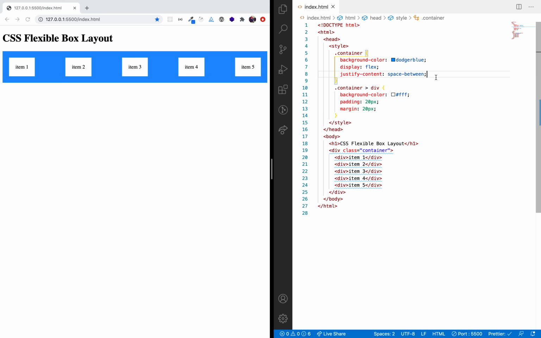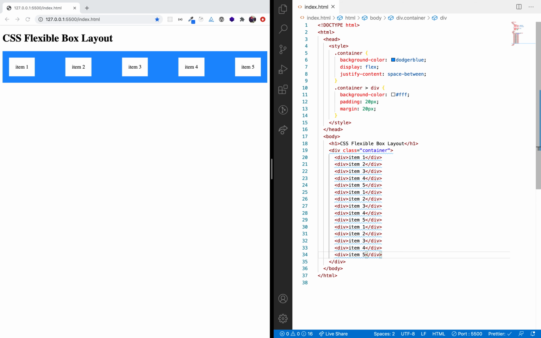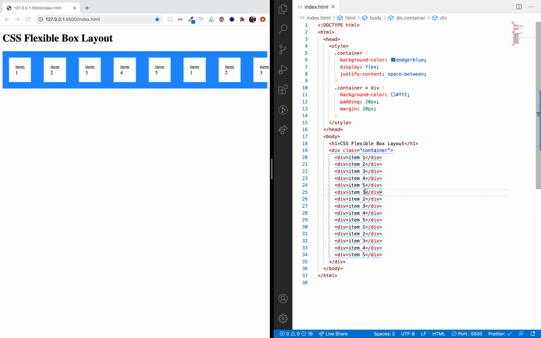Okay, so cool. Next, suppose again I have more items here. I'm giving the numbering, 6, 7, 8, and so on, so that we can understand better.